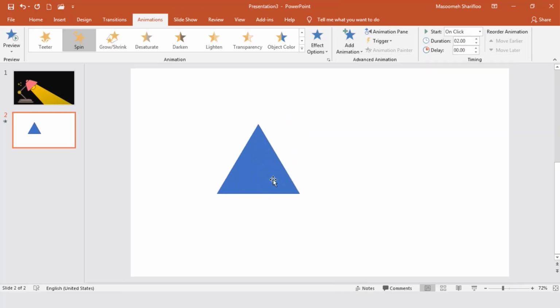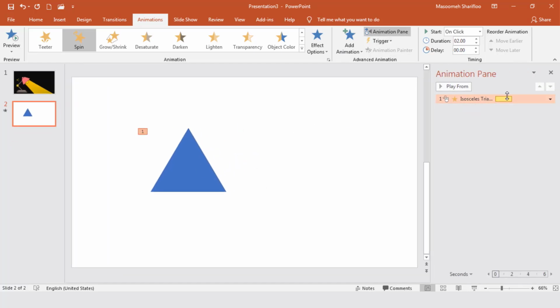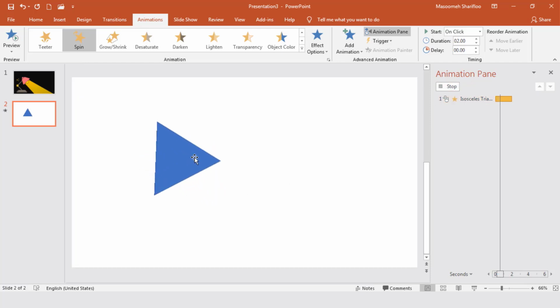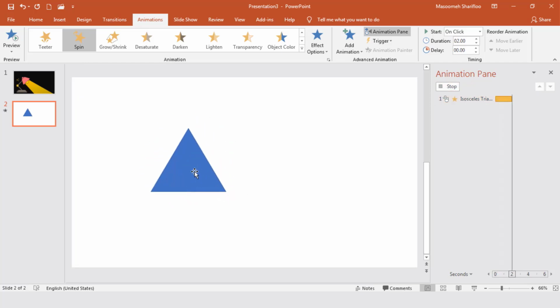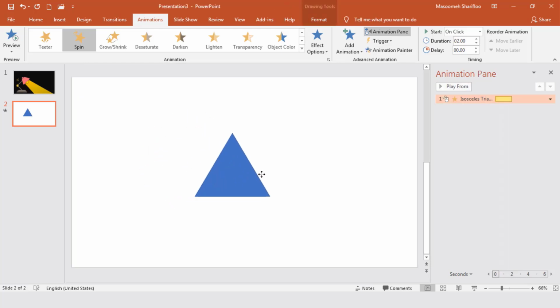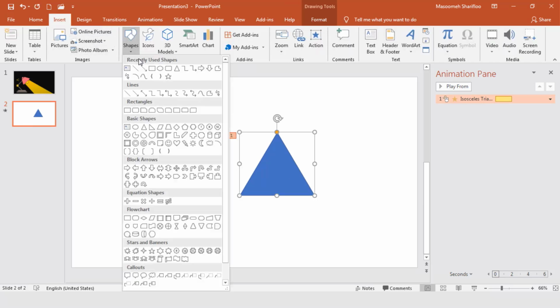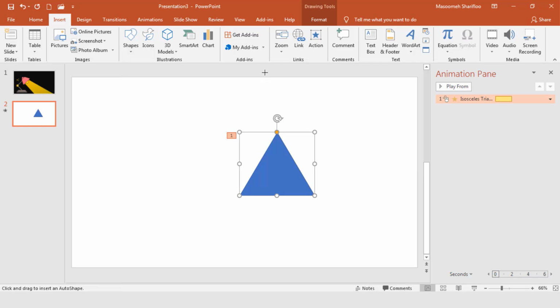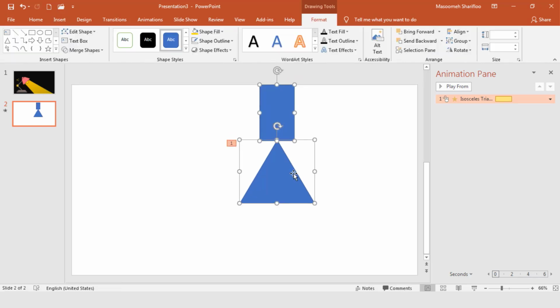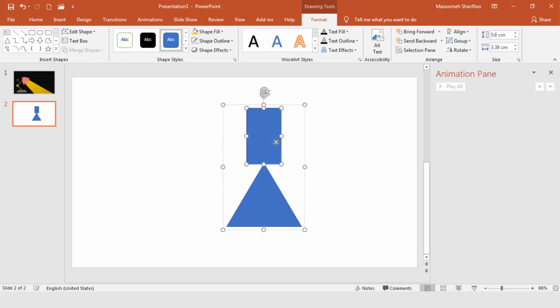As you see, the spin animation makes a shape rotate from the center, and if we want to change the place of the rotation, we should use another shape to help us. From Insert and Shape, I enter a rectangle shape. Then select both shapes and group them, and then select the rectangle and change the shape fill and shape outline